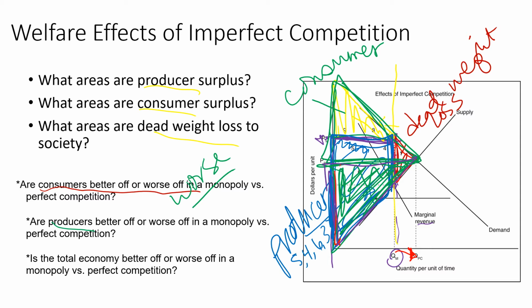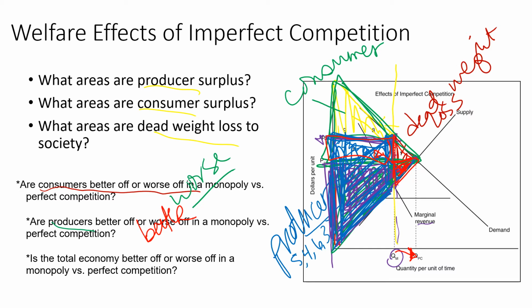Okay, so in perfect competition, that first graph that I showed you, producers were this triangle. In imperfect competition, which I just showed you, they were this blue quadrilateral. Okay, so this second area is larger than the first area. We did give up this little section of this number 2 over here, but we gained a larger rectangle. Okay, so we kind of swapped those two things. So producers are better off in imperfect competition. Okay,